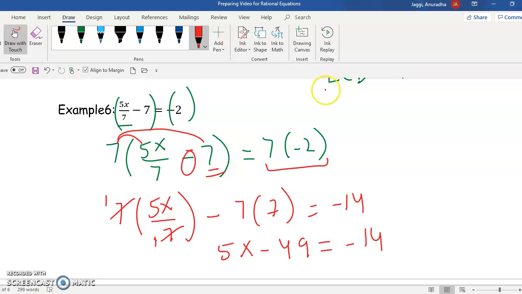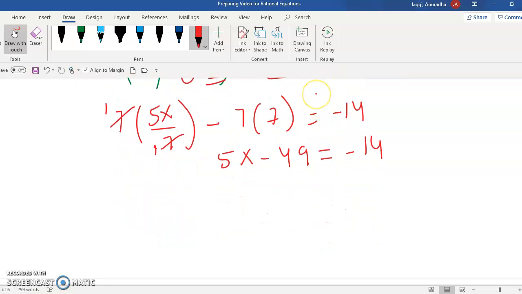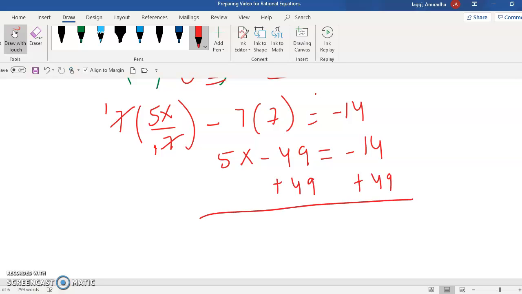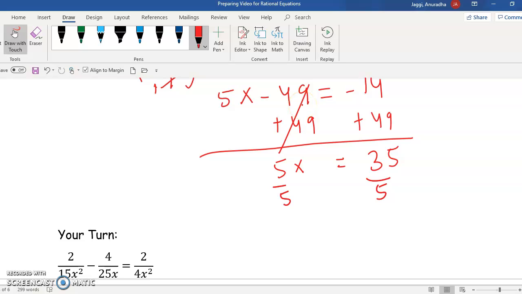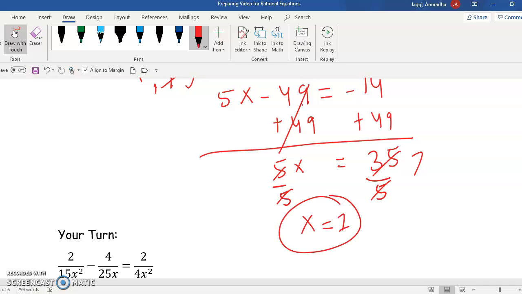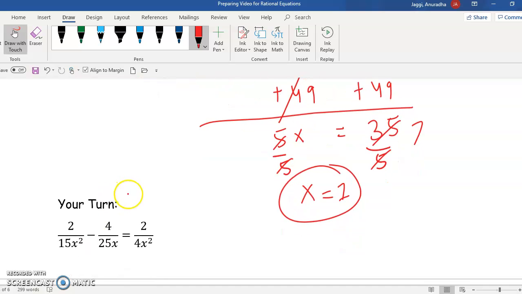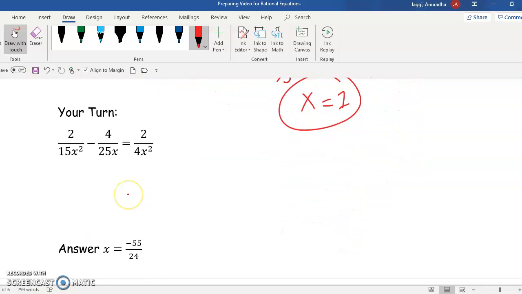Now you can add 49 to both sides. Add 49, you will get your 35 equals 5x, divide by 5, divide by 5, and you will get x equals 7. Okay guys, now it's your turn. Exactly follow the steps and get